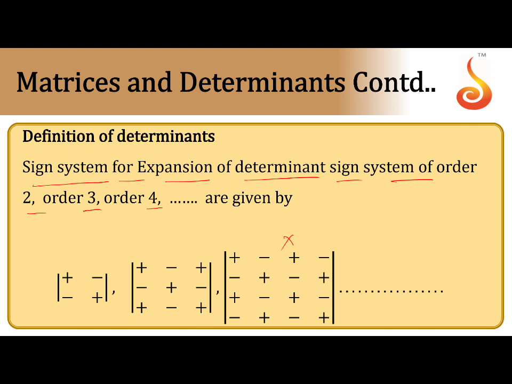So if I take a 2 by 2 matrix A, you can write it between the two bars as a, b, c, d. The value of the 2 by 2 determinant is ad minus bc. That is the 2 by 2 matrix determinant. So now, how to find the 3 by 3 matrix determinant?